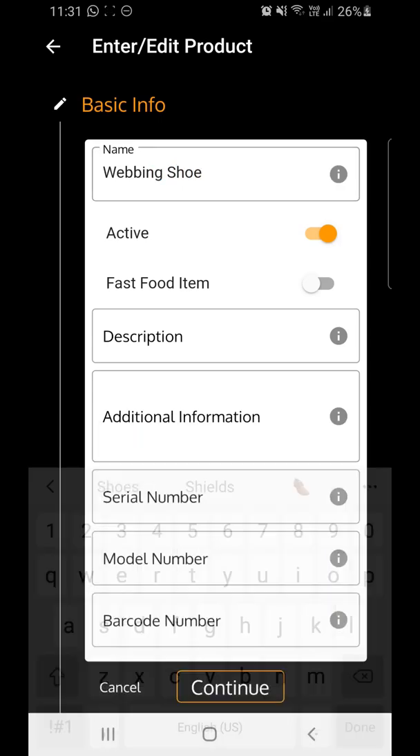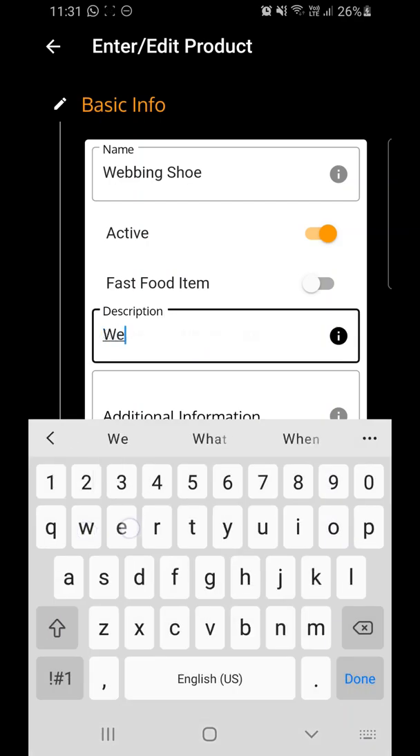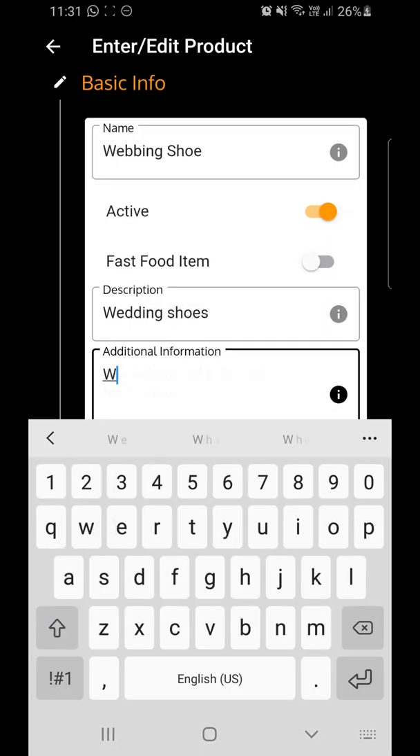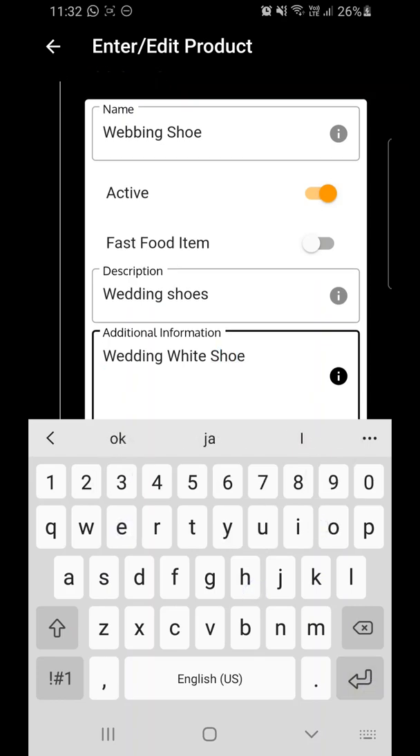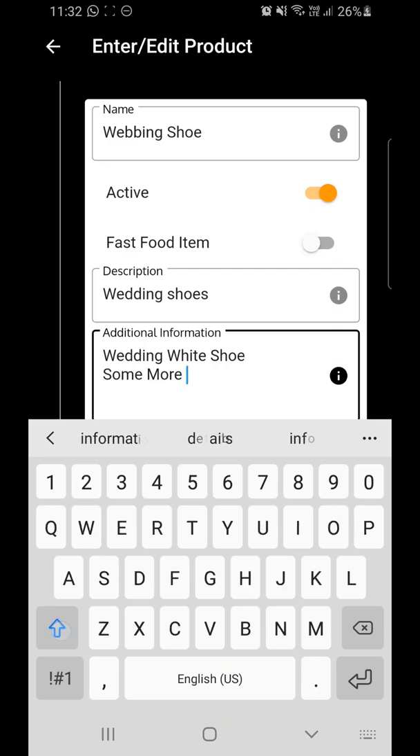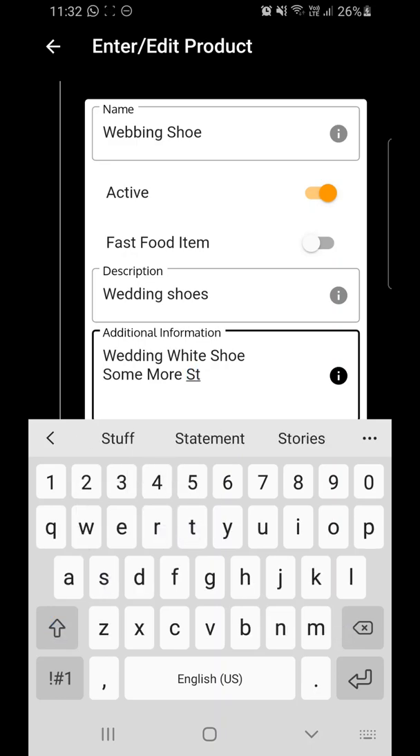The item is already active, and I just have to give it some description, and if I want to, I can put in some additional information as well. Once I'm done with adding my additional information, I simply go to add some pictures and media to it. I'm sure by now you know exactly how it works. It's pretty standard,